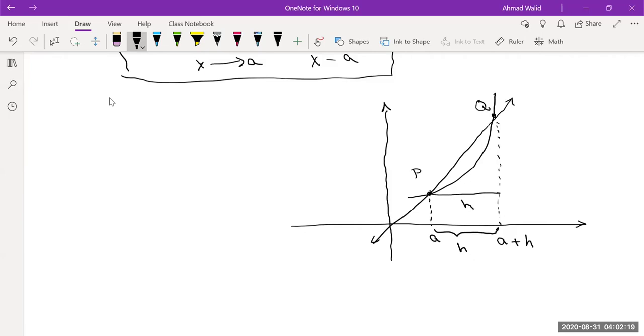If this point is A, then the coordinate on the y-axis will be f of A, right? Same idea. If this point is A plus H, the coordinate on the y-axis will be f of A plus H, right? Now,